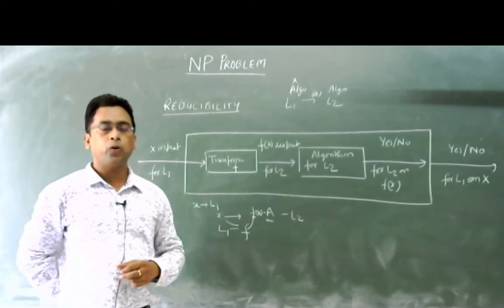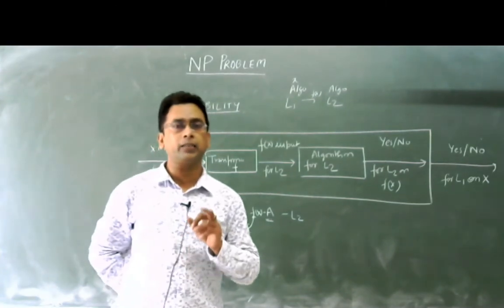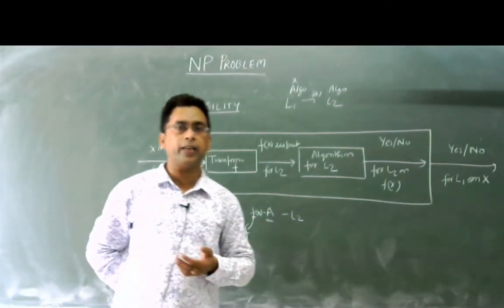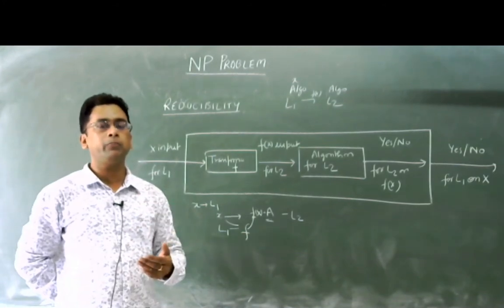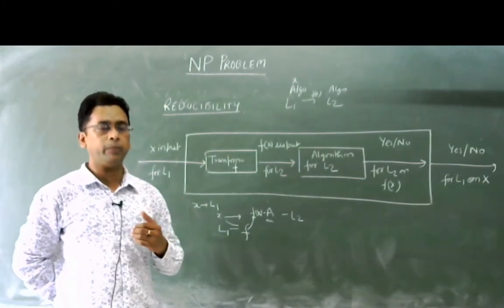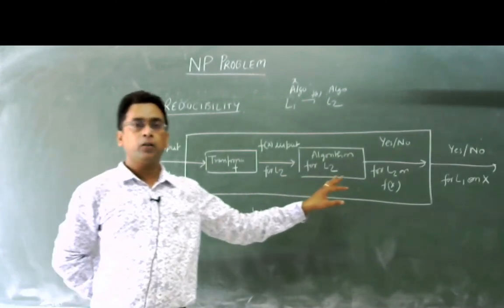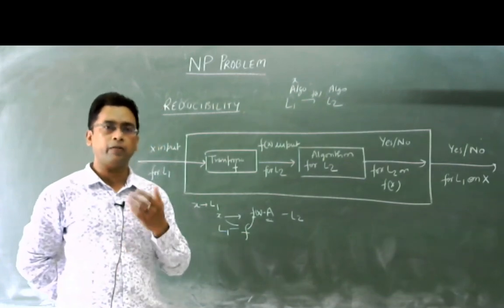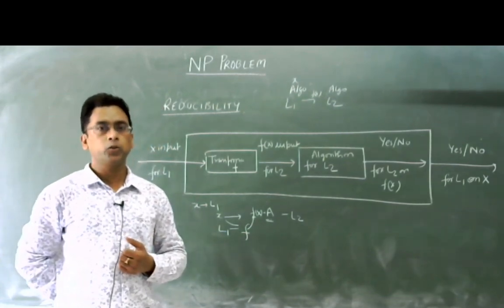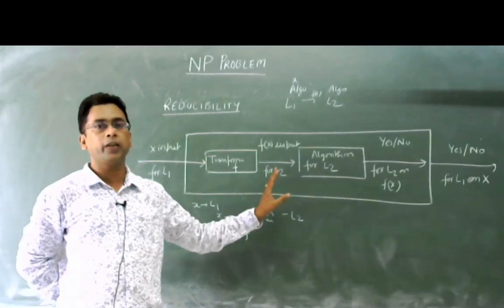So this is called the concept of reducibility. The term that I have used in NP complete problems, that L dash should be less than polynomial of language L, means if you can solve one NP complete problem, then you can solve every problem using the concept of reducibility. So if you can solve any NP complete problem, then you can solve every NP complete problem. So that's all about the introduction of the NP problem.